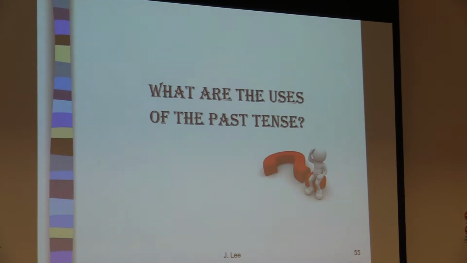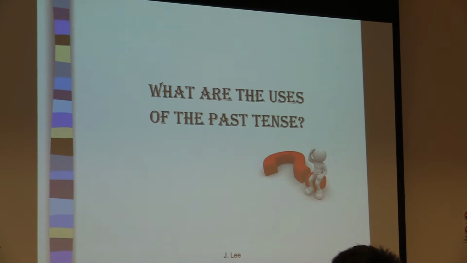Okay, then how about the uses of the past tense now? Think about that. Common sense to you? Talk about something in the past. Yeah, the time frame is important, past. But is it the only use? No. What are the other uses that you know? Something remote, so remote that it won't happen. I wish, yeah, I wish I were a bird flying in the sky to every place I like. Yeah, remote. About something that can't happen actually.